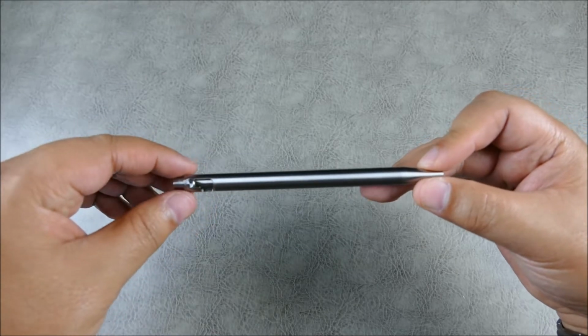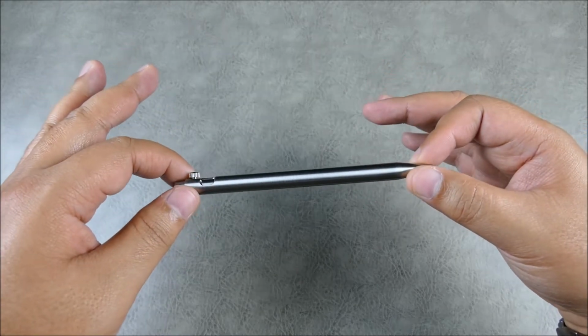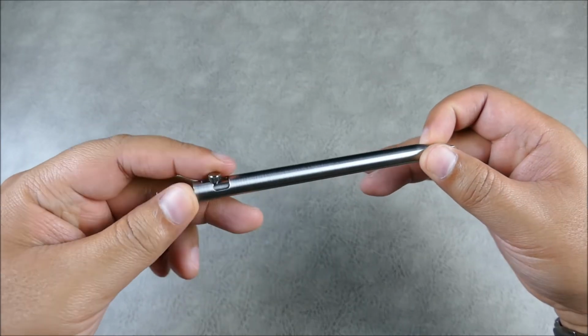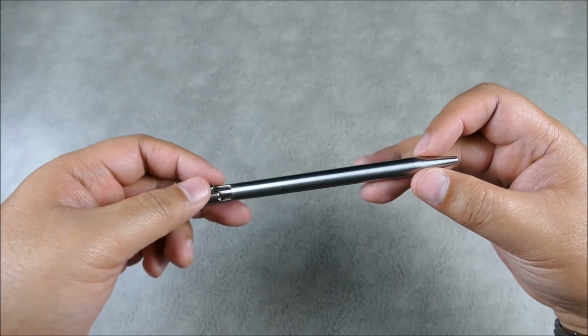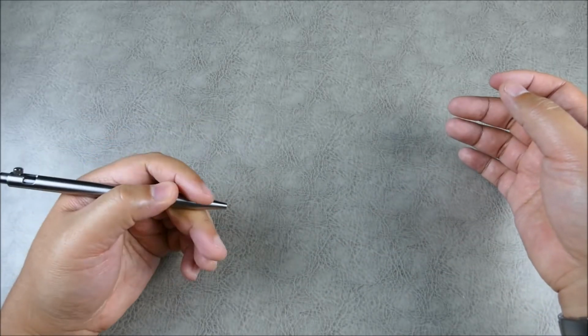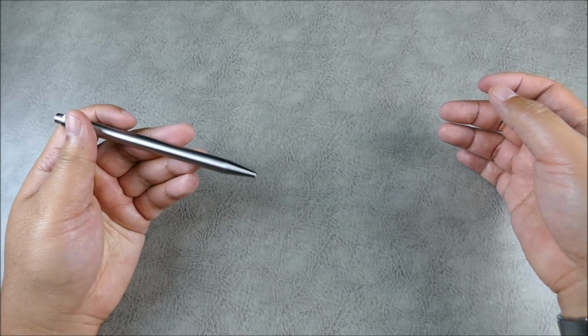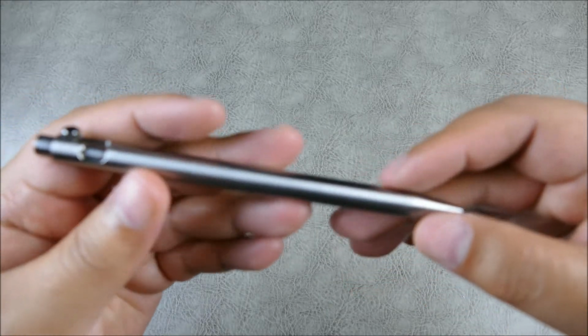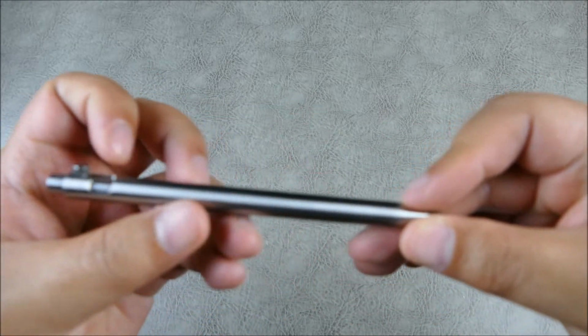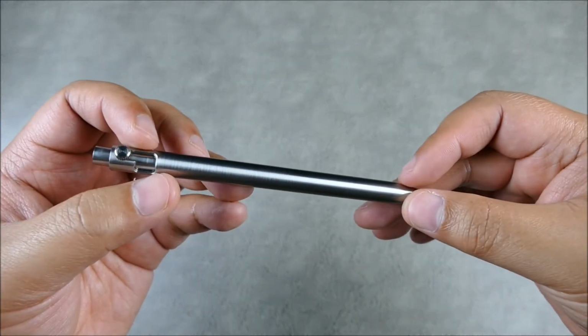So the nice thing is that the thinner profile gives it a really nice in-hand feeling, a lot closer to a more traditional pen, just a lot more premium feeling. And I mean a lot more premium feeling. Holy smokes, this is just, it feels good. And then, in terms of your experience as you touch and interact with it as an object,